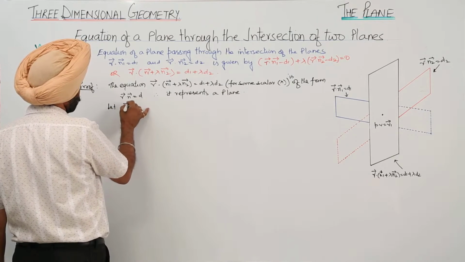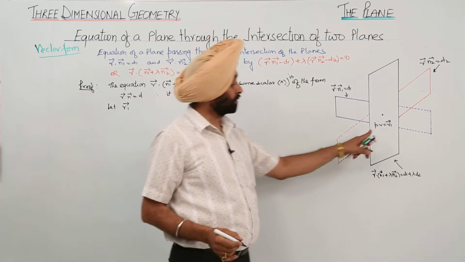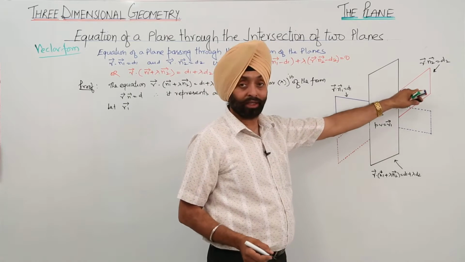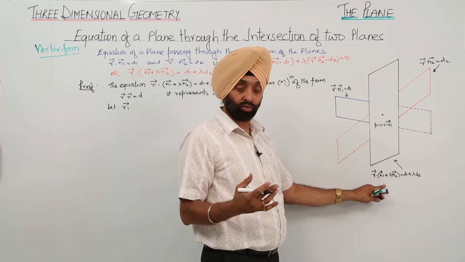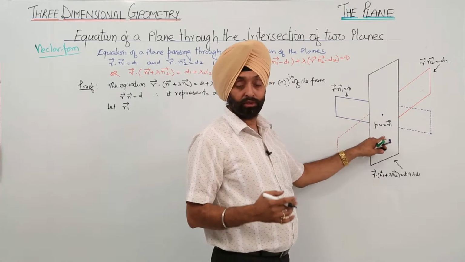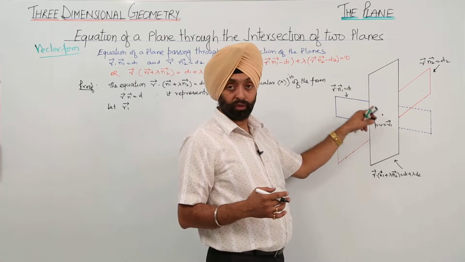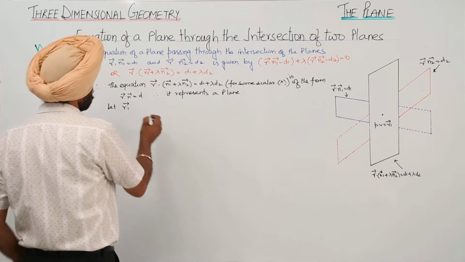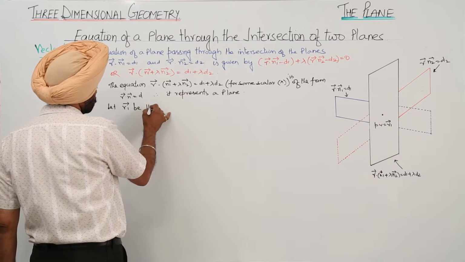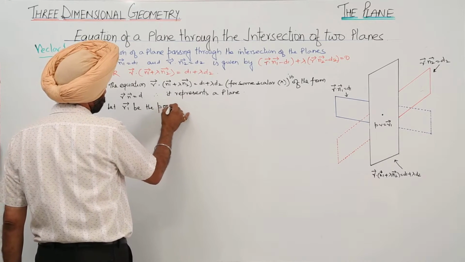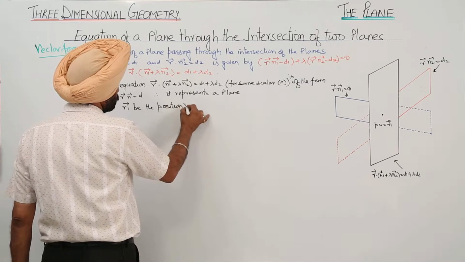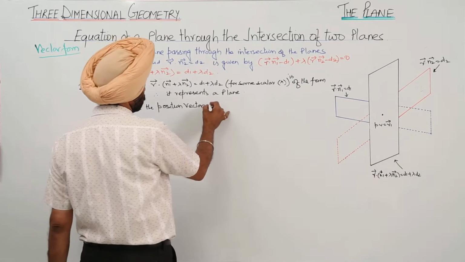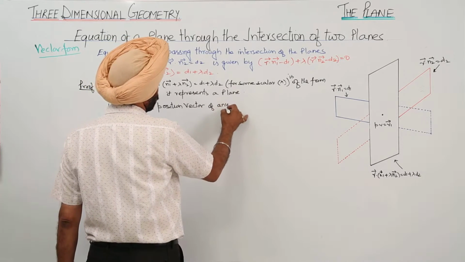Now let vector r1, now we have mentioned here, suppose this dot is a vector r1, this is one plane, this is the second plane, this is the equation representing the equation of the plane. Now suppose r1 is a position vector of this point. Okay, so now I am just writing it. Now let r1 be the position vector of any point